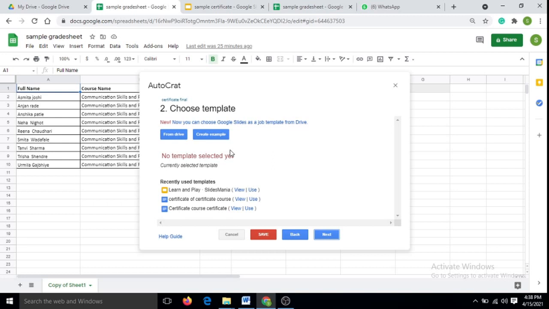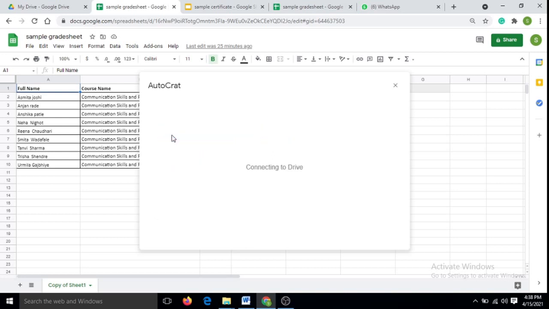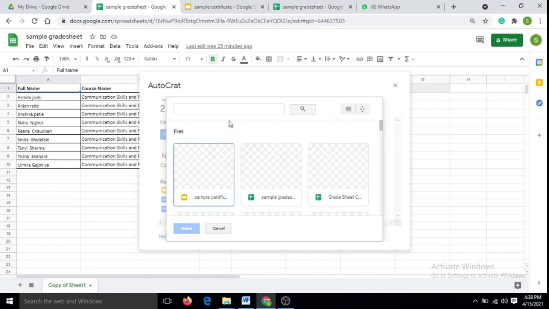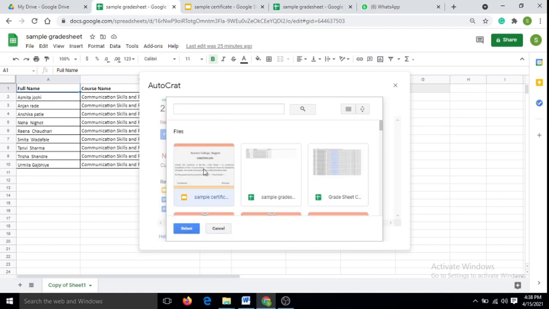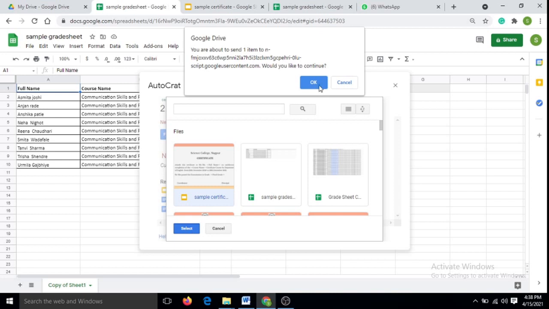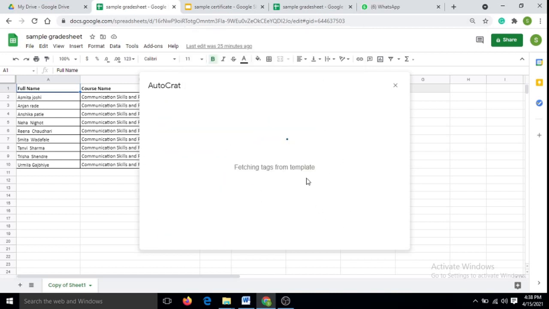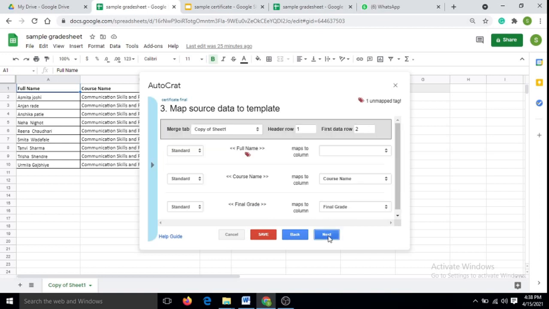Because we have shared the template in the drive, you can choose from drive. The certificate that I have made is this sample, in the name of sample certificate. So I will choose this and select and OK. Once I have done this, I will go to the next.